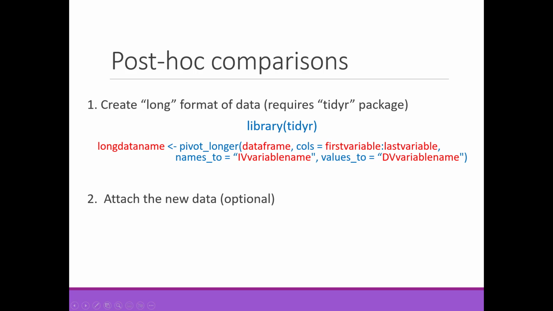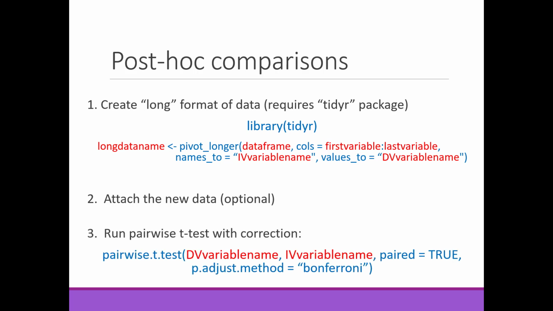And then go ahead and run a pairwise.t.test, where you're referring to your dependent variable, comma, independent variable, comma, and then paired equals TRUE, then making a Bonferroni correction using p.adjust.method equals "bonferroni" to control for family-wise error. And so the more comparisons you run, the more likely you are to, just by chance, come up with a significant result. And so to control for that, you can use a correction method. And here I've inserted Bonferroni as the potential correction. It's a bit conservative, but it will do for now.